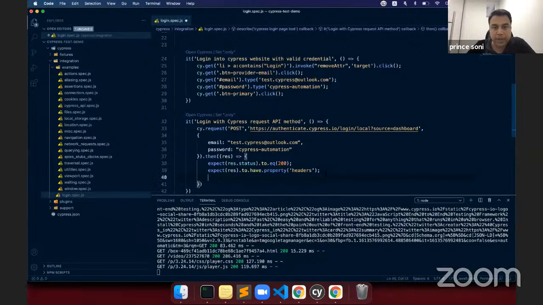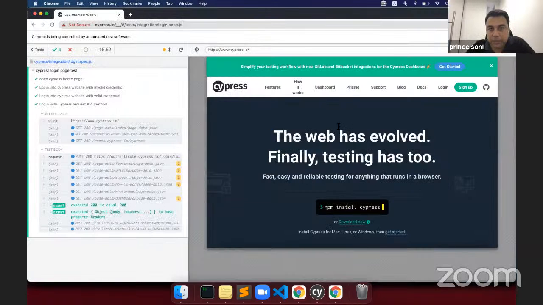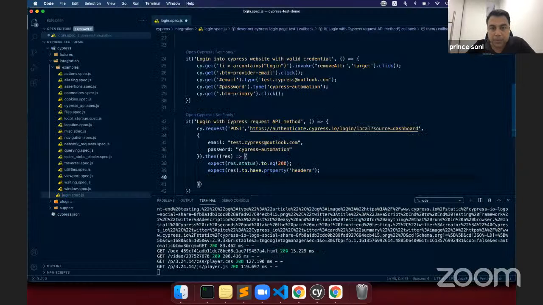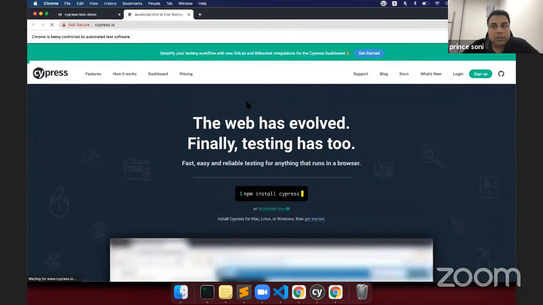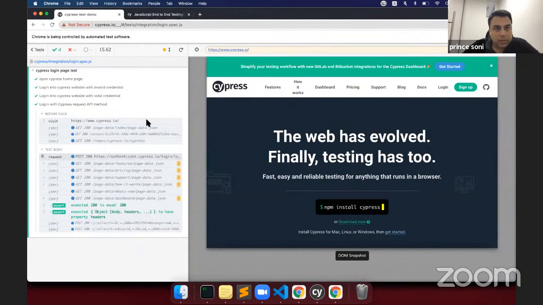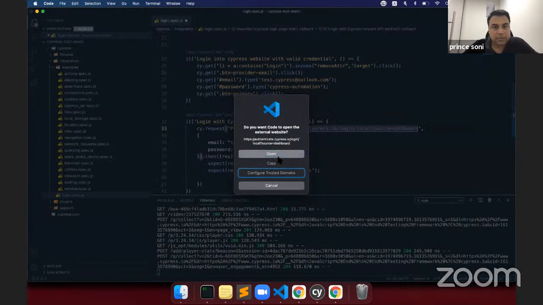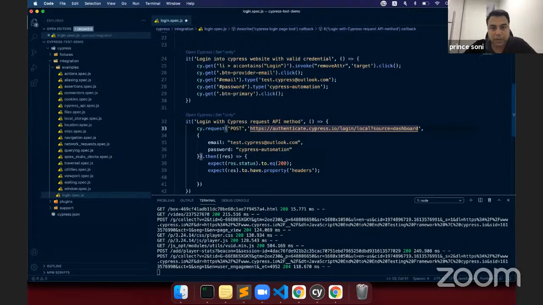Okay. So now this API has passed, so the status code is 200, and we have the header as well. Now what I'm going to try is, since till this point we already logged in to the Cypress website, but through API, if I open this page, let's say if I click here, okay, yeah, this one. As of now, you can see it is not logged in, but we are logging in through Cypress request. And if I open again,